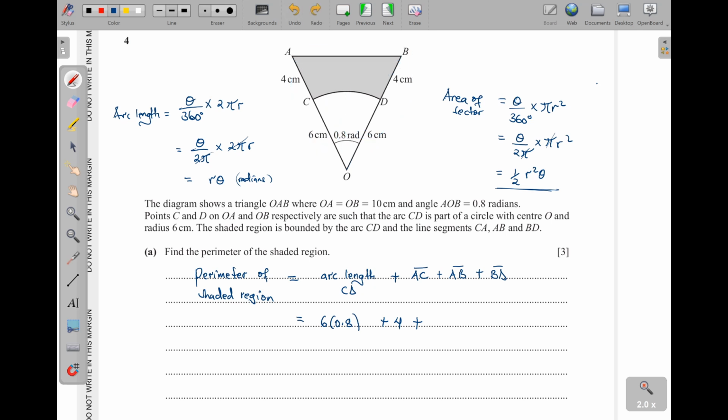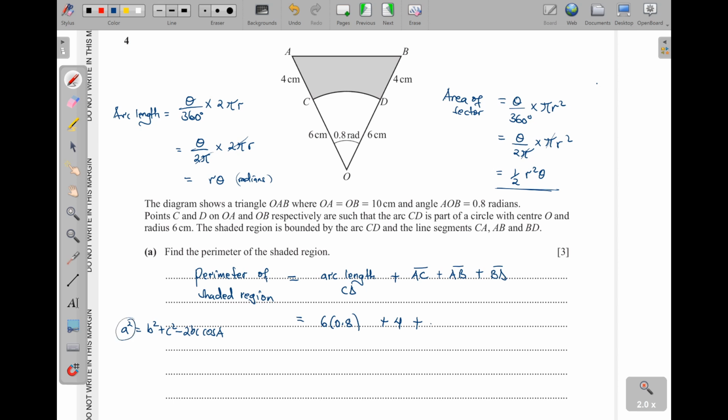If a triangle is not right angled, that is where we can use the cosine rule and the sine rule. So remember, the cosine rule is a squared is equal to b squared plus c squared minus 2bc cosine of A. So I'm going to put it here, and I say my a squared, that is our AB, which is,